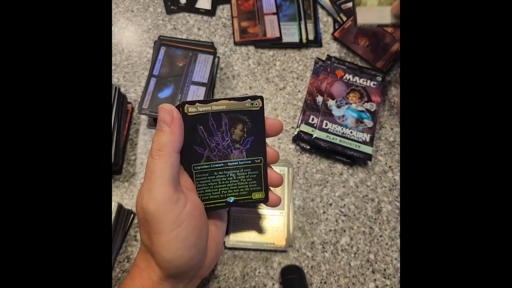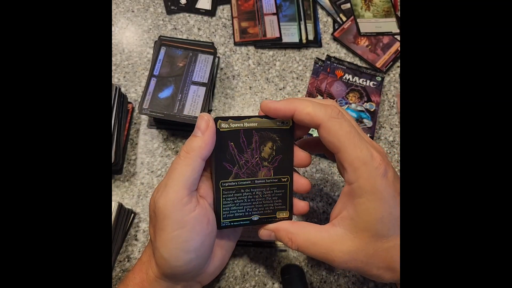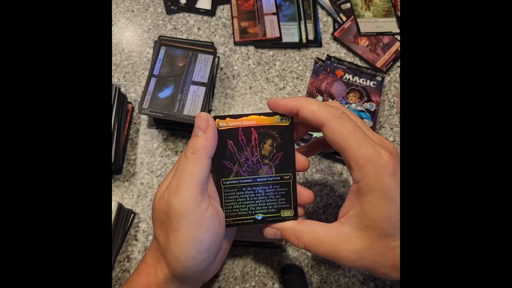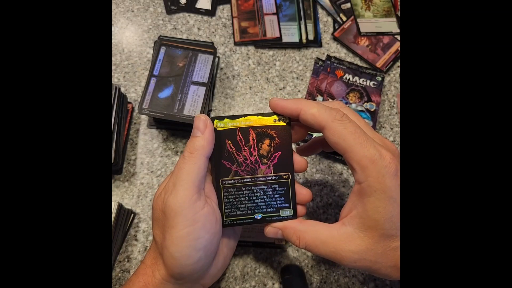Another insect token. Rip Spawn Horror Hunter. Wow. That one just looks like it could be worth some money. I don't know. At the beginning of your second main phase, if Rip Spawn Hunter is tapped, reveal the top